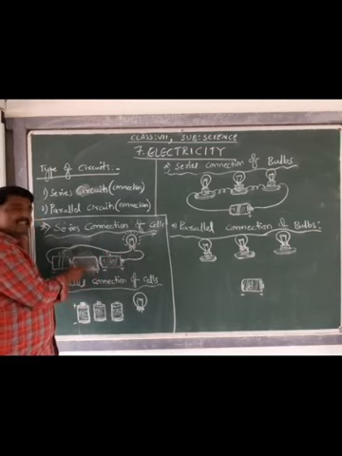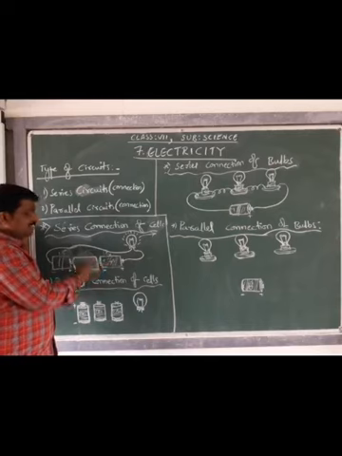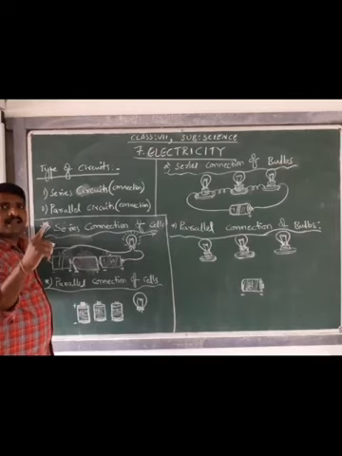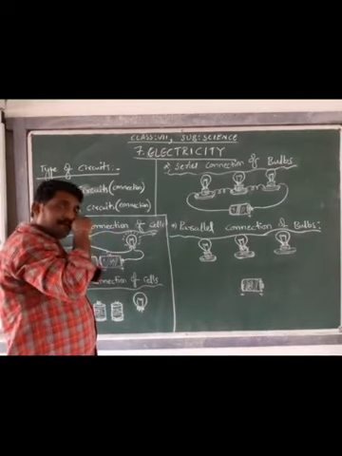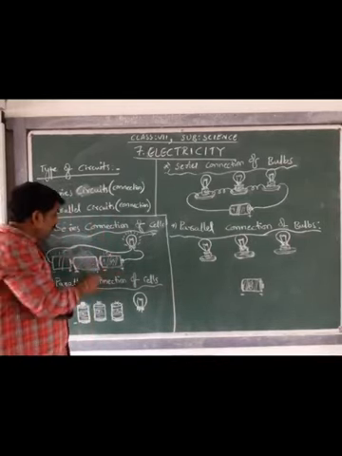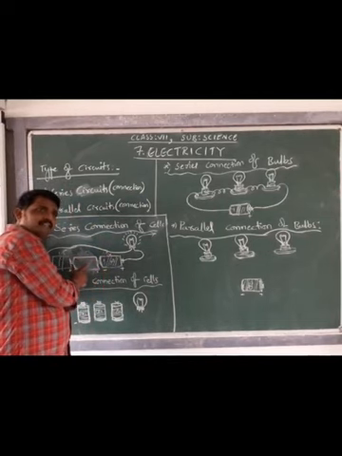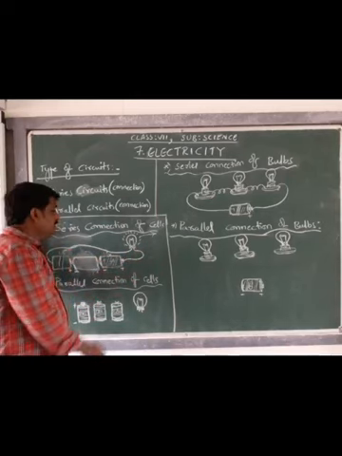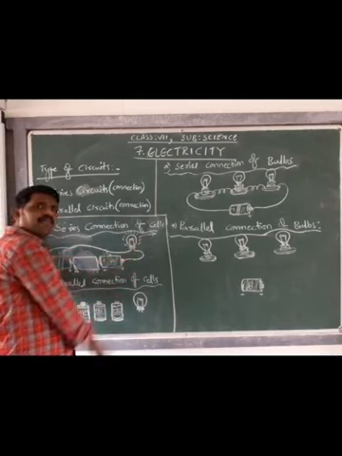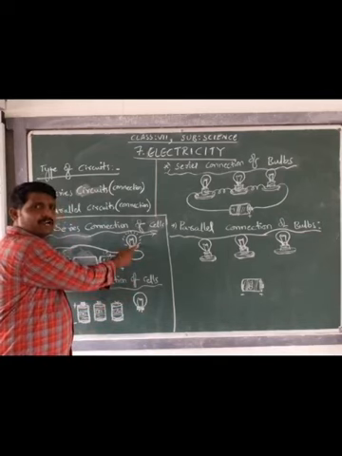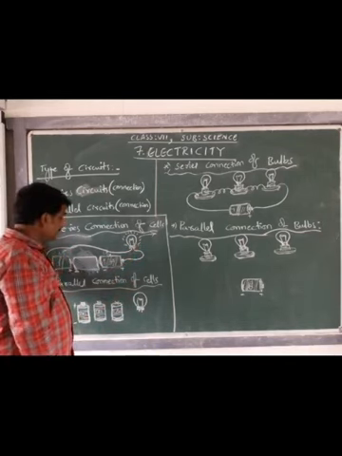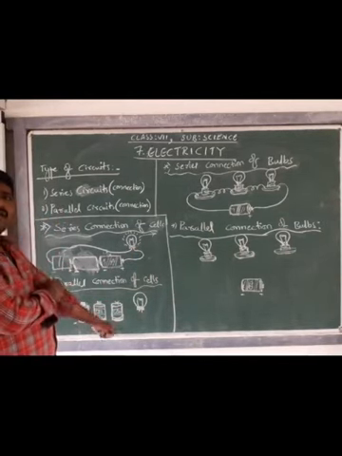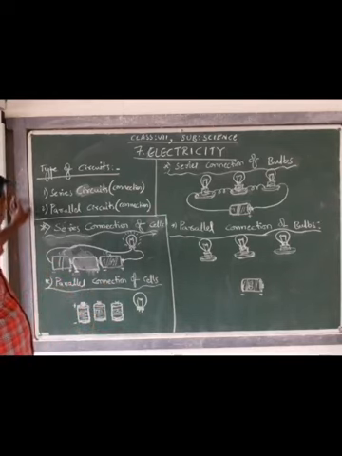That is the disadvantage. Among these three cells, or if it is 4 cells or 5 cells in a series, if one cell fails or becomes a dead, discharged cell, even though all the remaining cells are functioning, the circuit will become open and the bulb does not glow. That is one disadvantage. Now we'll see what a parallel connection of cells is. That's what we are going to discuss now.